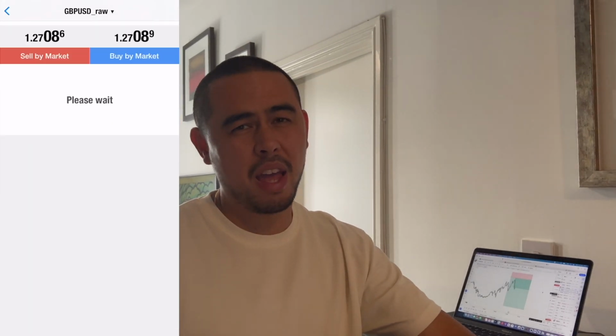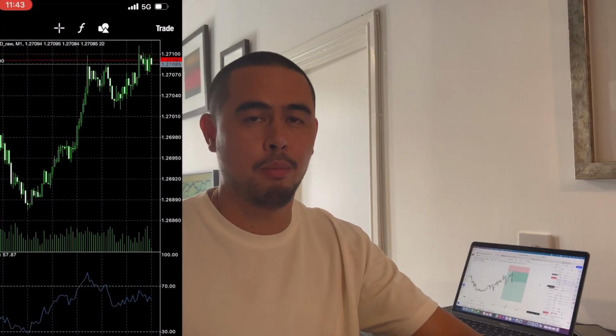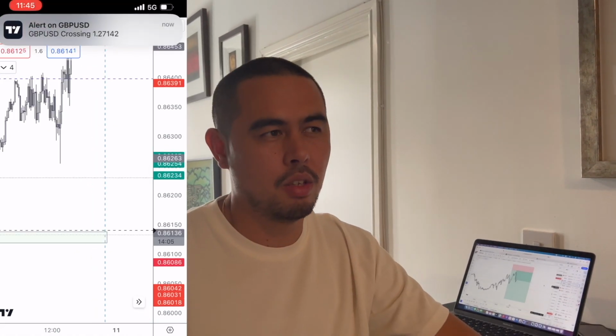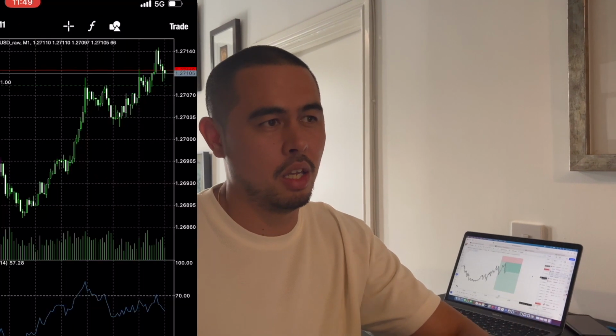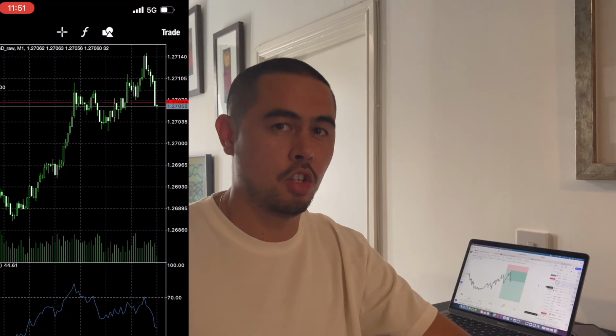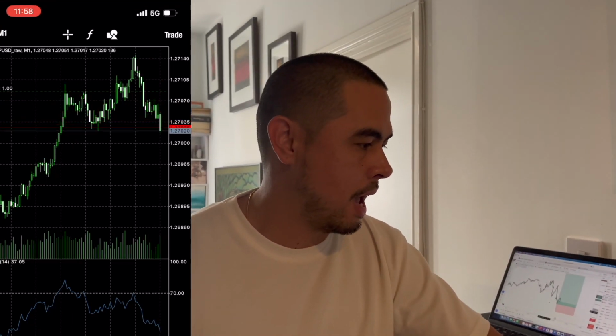I'm in quite small size, so my plan was to risk 0.25% per trade. First trade, GU, I had an alert set. I entered half of my position a little bit early. It squeezed just a little bit, but it just tapped into where I was supposed to take the trade and started dropping from there. Another reason why I haven't put on big size is because I wanted to test out the